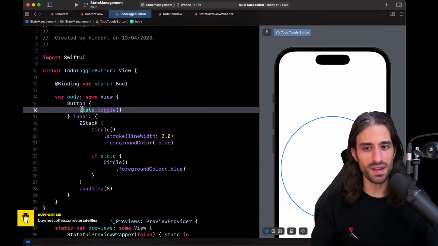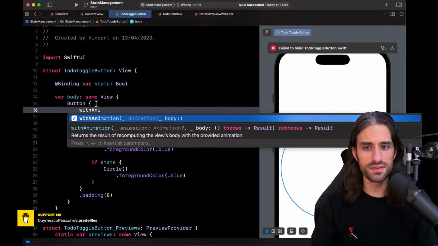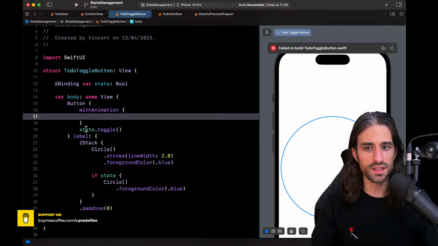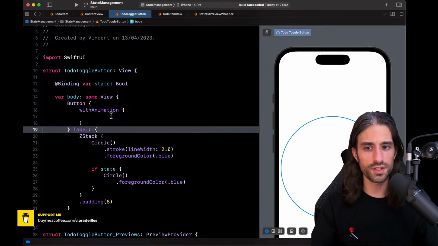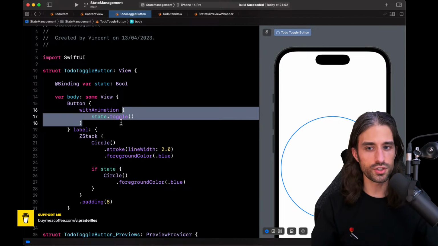First, when I change my state here, I want to make sure that everything is going to be animated. And for that, you can use withAnimation, which is a function that takes a closure and makes sure that any data that is changed inside that closure will update the UI in an animated way.